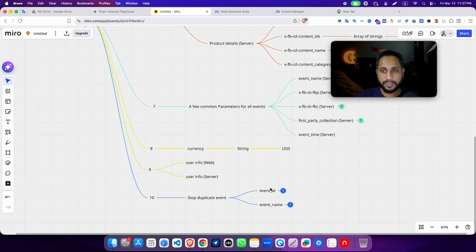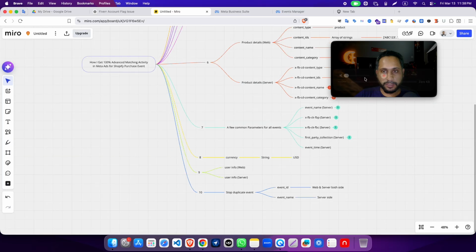We have to send the event ID as well as the event name from both sides. When the event ID and event name match from both the browser side and the server side, Meta Pixel understands it is the same customer and captures and collects it as a single event.